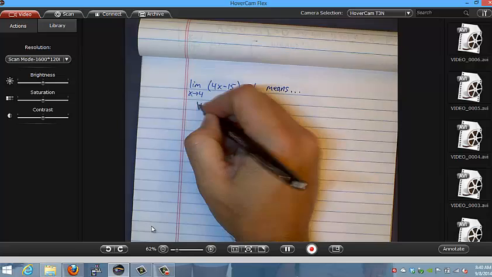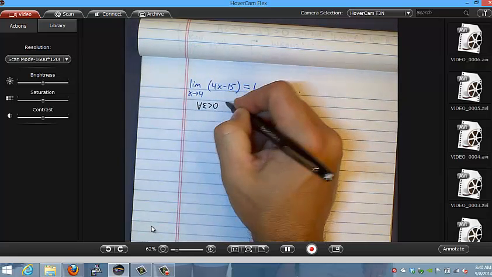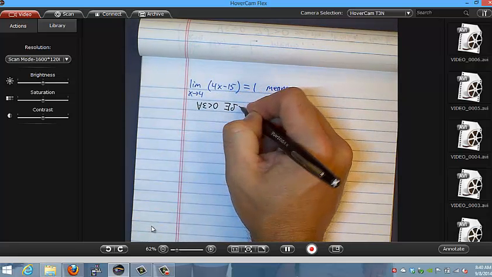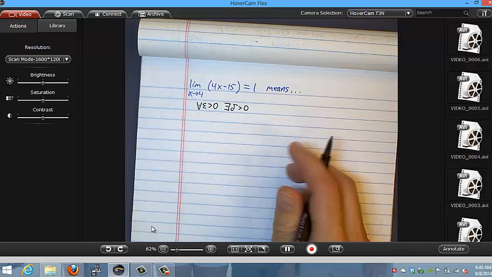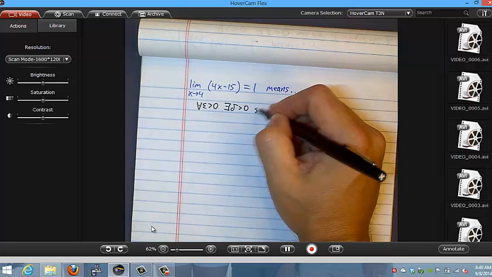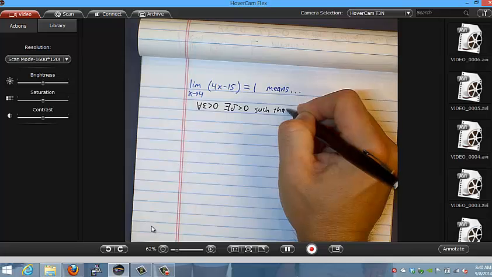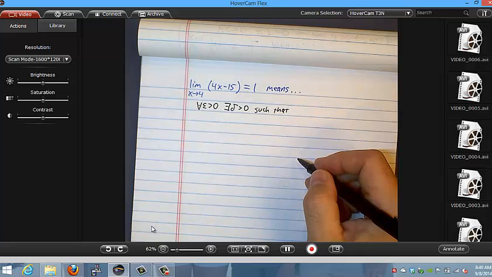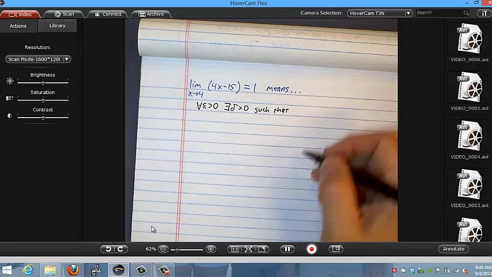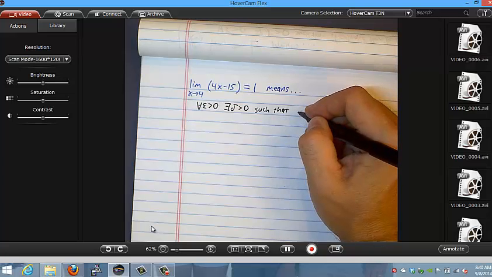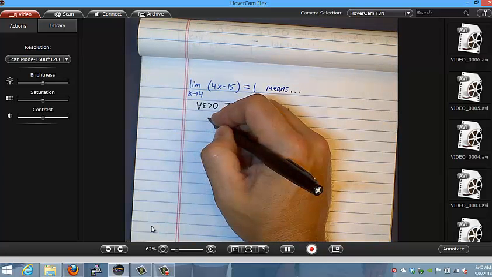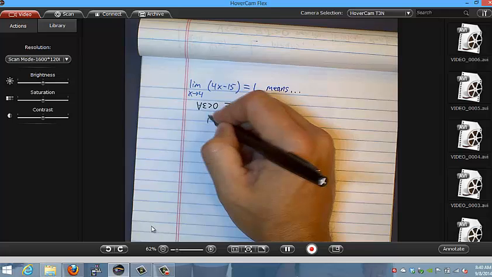I say for every epsilon greater than 0, there exists a delta greater than 0, such that, and then I write, if